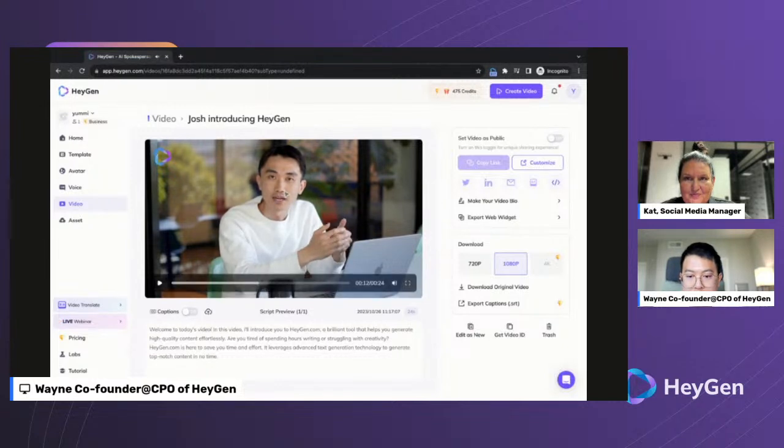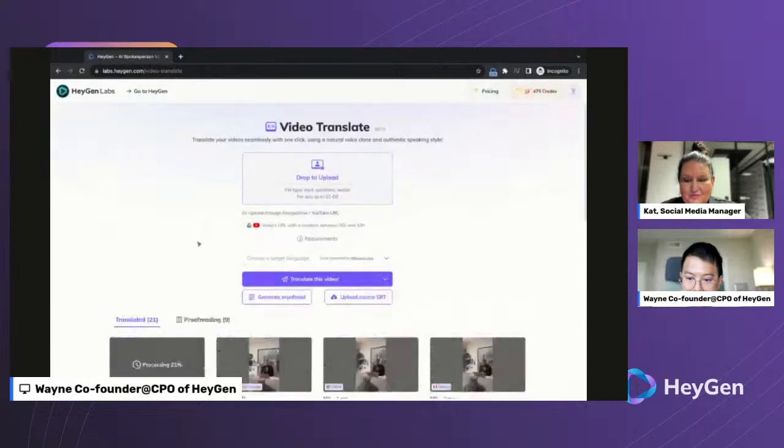Right, so you can see how Josh's lips and the whole expression are basically matched to the words I just gave him. That's how you make a video with your avatar. And for video translation, it's being processed. We usually have a huge line for translation because it's been pretty viral. But that's how video translation works. There was also a sneak peek into the next versions of video translation for enterprise. Hope that was helpful, right?